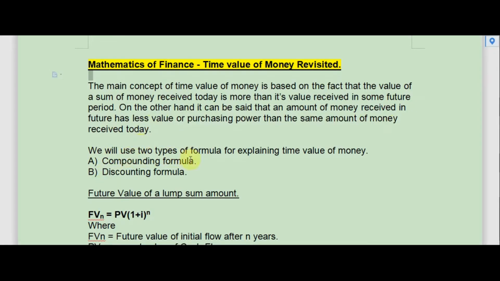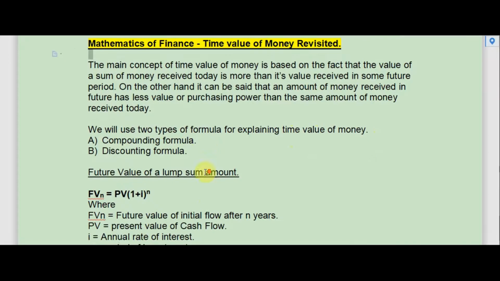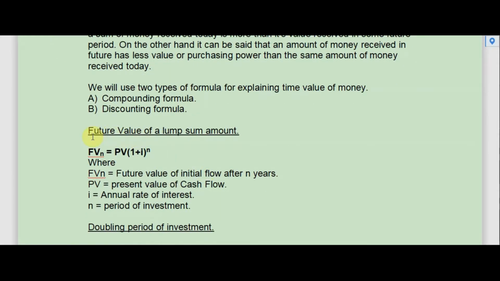We will use two types of formula for explaining the time value of money: A. Compounding formula and B. Discounting formula. So, what is the formula for computation of future value? The future value of a lump sum amount is FV_n = PV × (1 + i)^n, where FV_n equals the future value of initial cash flow after n years, PV equals the present value of cash flow, i equals the annual rate of interest,